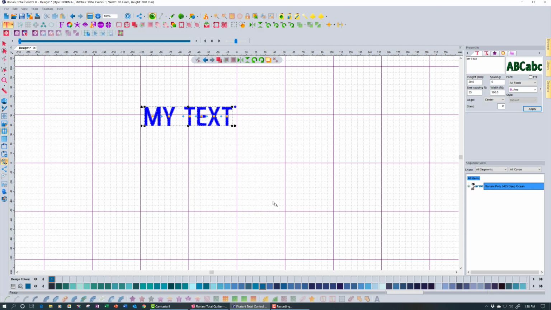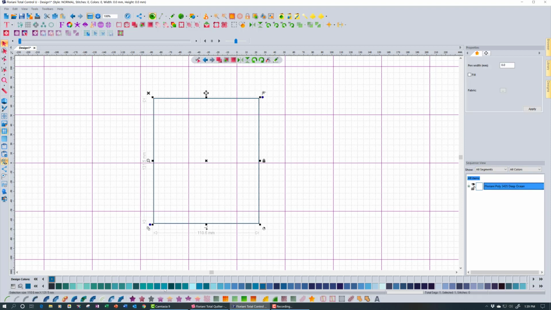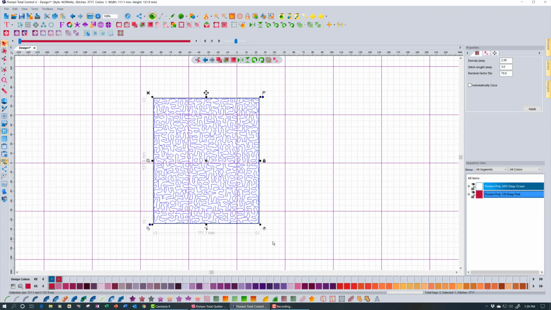One of the other things that got added into FTCU that we didn't get in Total Quilter was some advanced stippling features. So to show you that, let me do an auto stipple. So let me get rid of this and see how convenient that is. And I am going to put in a rectangle. So we'll just put in a little rectangle here. And we will come down and we will auto stipple that. So let me select it, and I'll come down here to my stippling, which is right here. And we'll go ahead and put that in. And now I've got, when I right click on it, I've got